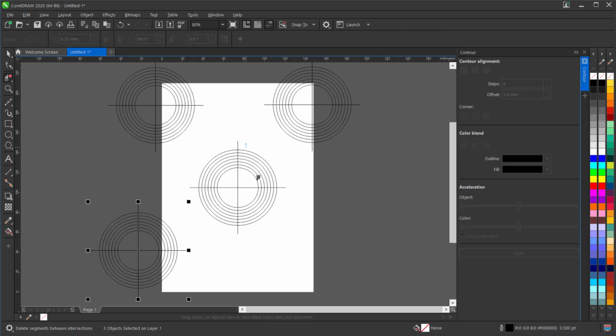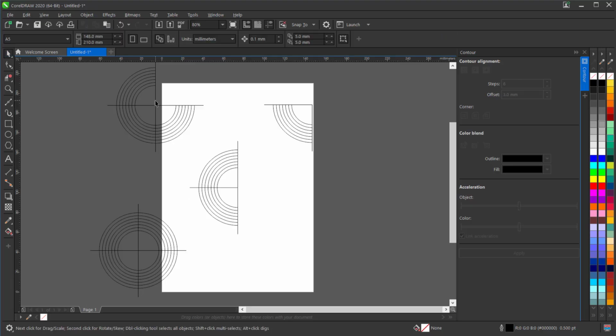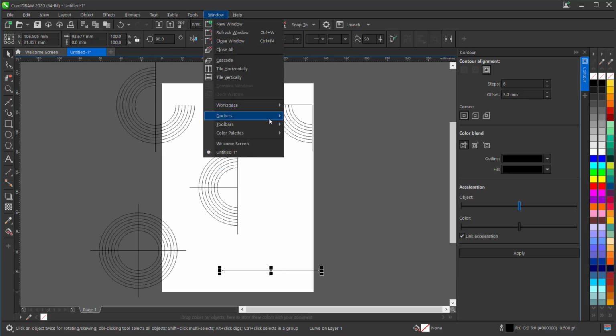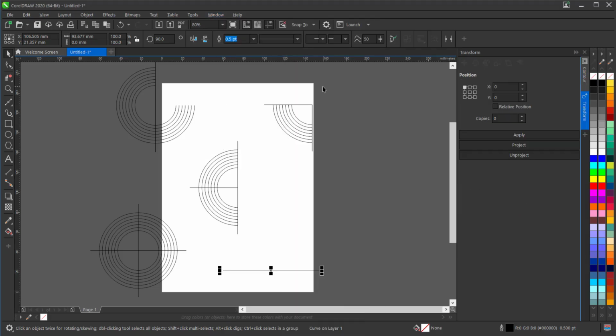Now with the virtual segment delete tool, let us delete parts of the various groups as you see on the screen. This is what we are going to use for our retro letter style. When you are done with the delete process,